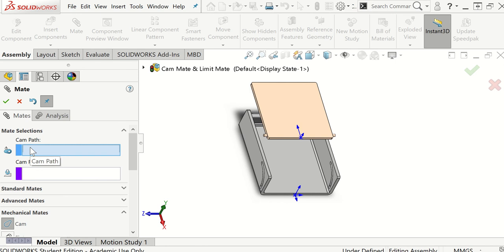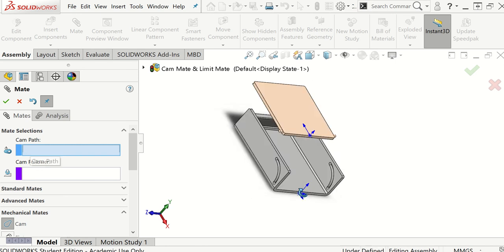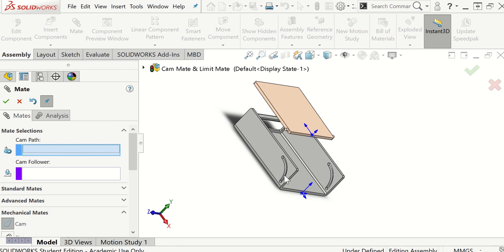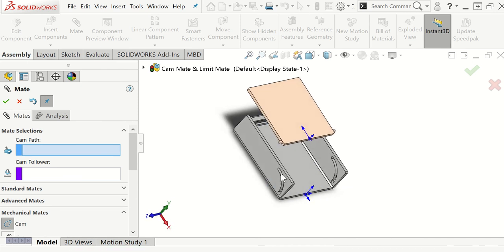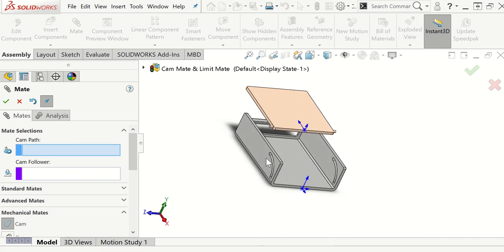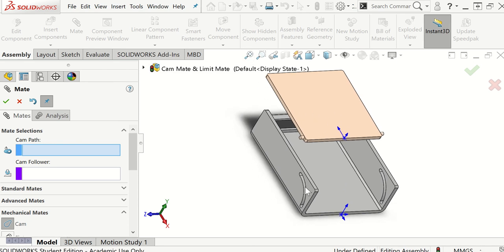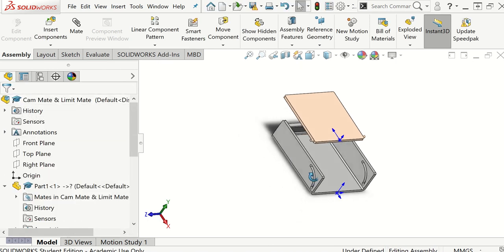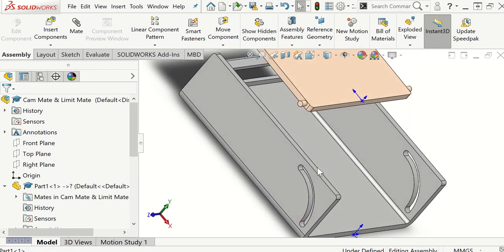And for the cam path, the path is going to be, can't zoom for some reason, that face there. I can click on it because my computer won't zoom for some reason. Okay, let's try this cam follower. Okay, I'm gonna exit out really quick and try this again. All right, mate,